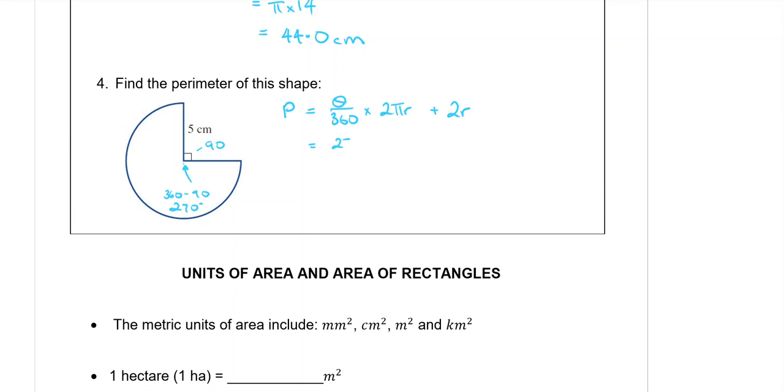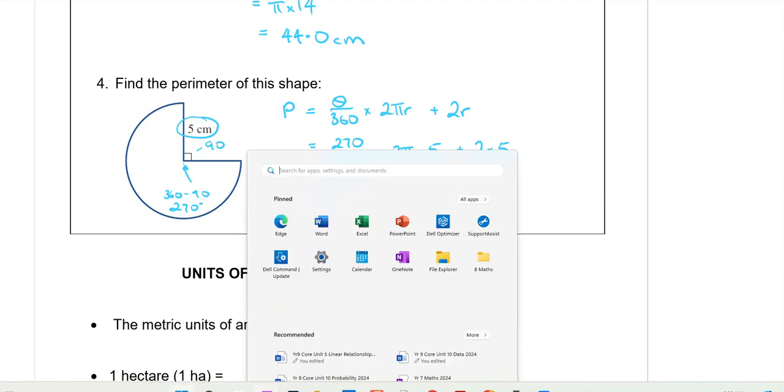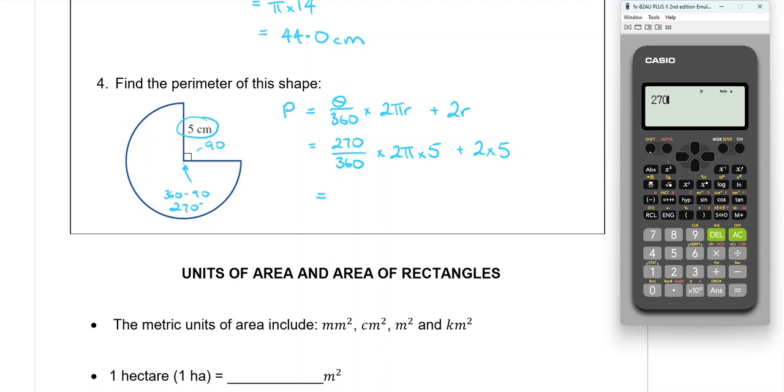So it'll be 270 over 360 times 2 pi times the radius, which is 5, plus 2 times 5. Putting that in the calculator, we get 33.6